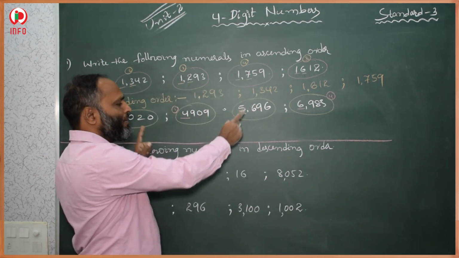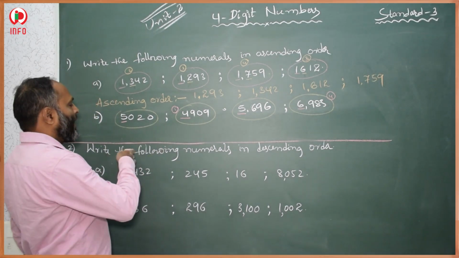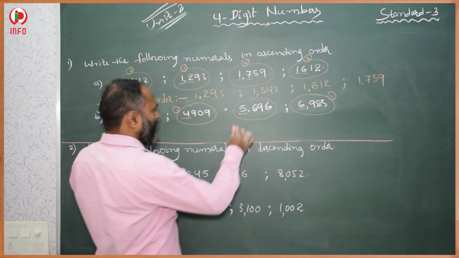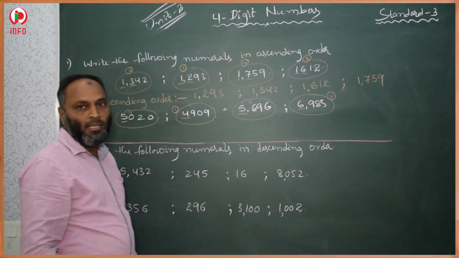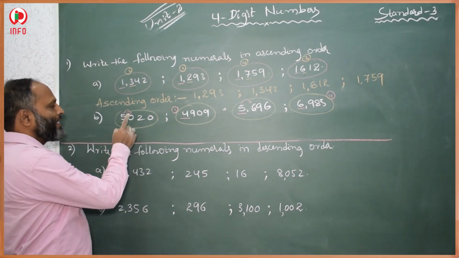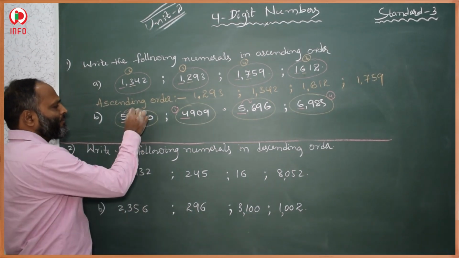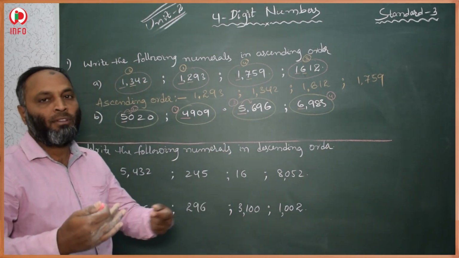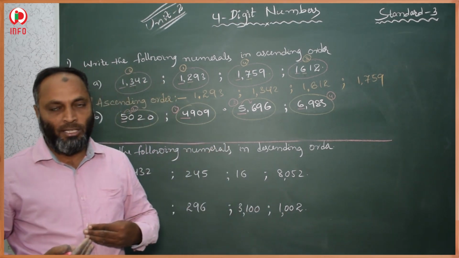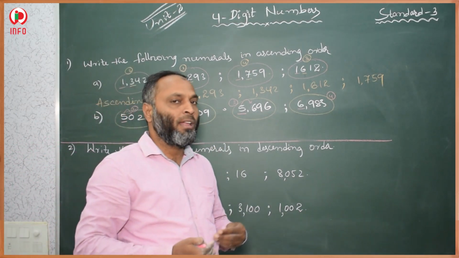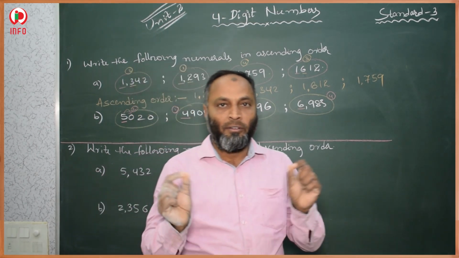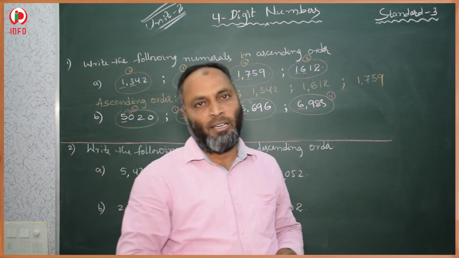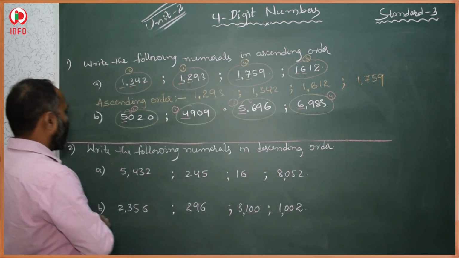In these two, again we have to check which one is the smallest. After 5 we go for the hundreds place value. The hundreds place value is 0 here. Here the hundreds place value is 6. In these two, 0 is the least one. This comes in second position. This comes in third position. Like this, one by one we have to check. First, thousands place values. If thousands place values are equal, then we go for the hundreds place value. In the hundreds place value, which one is the least? That is the least one. Which one is the greatest? That number is the greater number. So, first, ascending order.